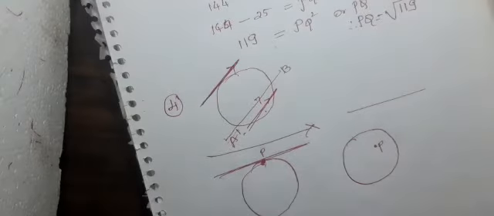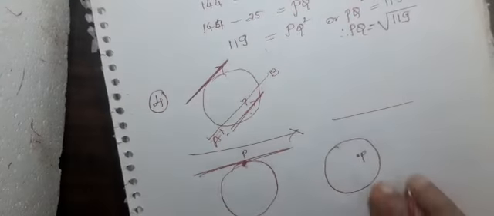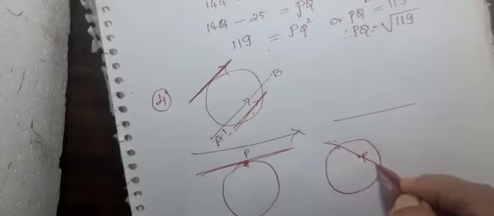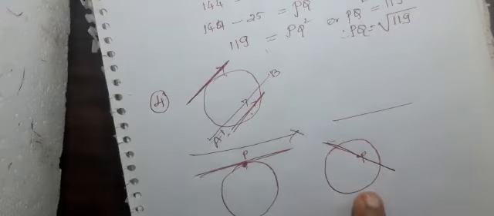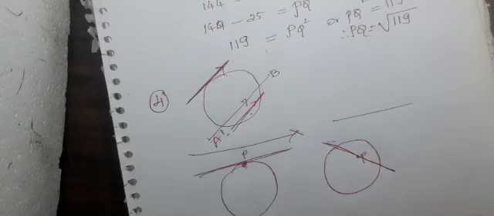Okay, now next one is, if a point P is inside the circle. You should know this. This is a very simple point, but they will ask it in MCQs. If there is a point inside the circle, and you draw a line like this through P, what happens? Will it be a tangent? No. It will be a secant. So through the point P inside the circle, you can never draw a tangent.